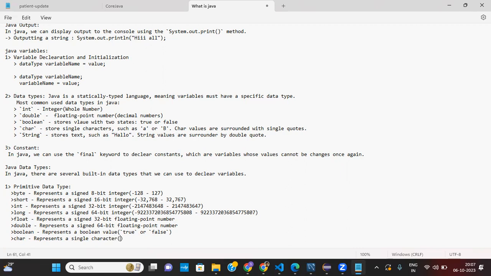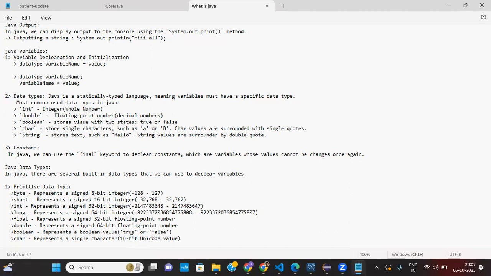And which is 16 bit. So why is it a Unicode value?